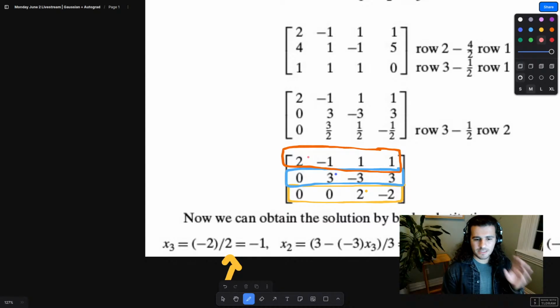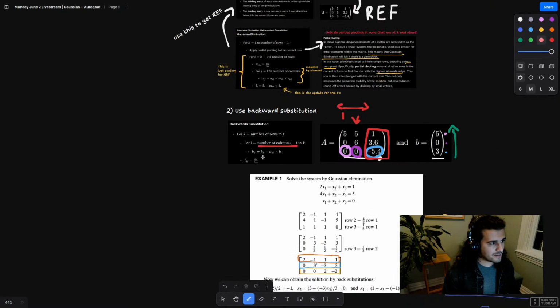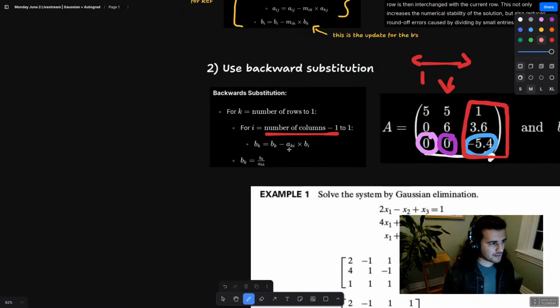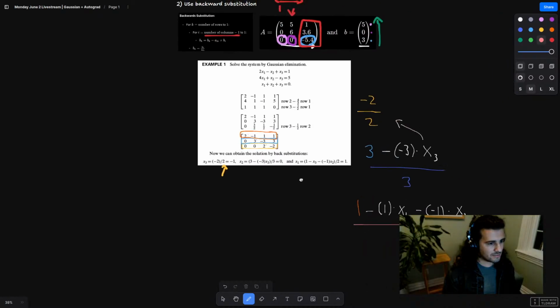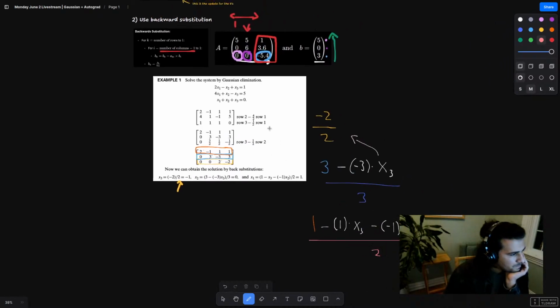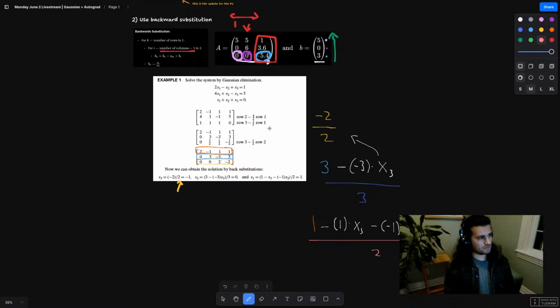See what I mean? Like, it doesn't seem to be the exact same algorithm that we're looking at here. It seems to be like a bit different. Like that thing and that thing for me is not the same thing. It's like formulaically not the same. So what are we doing? You see, we're starting from